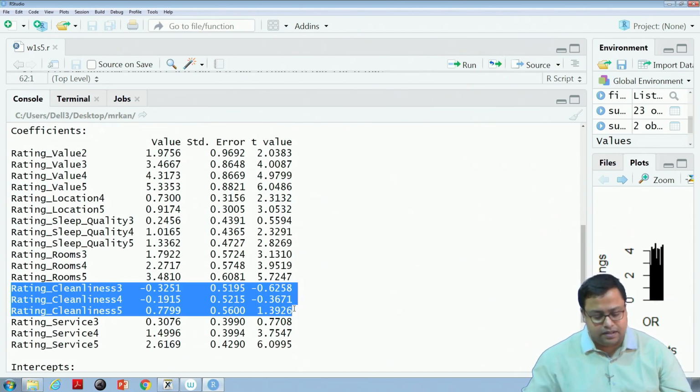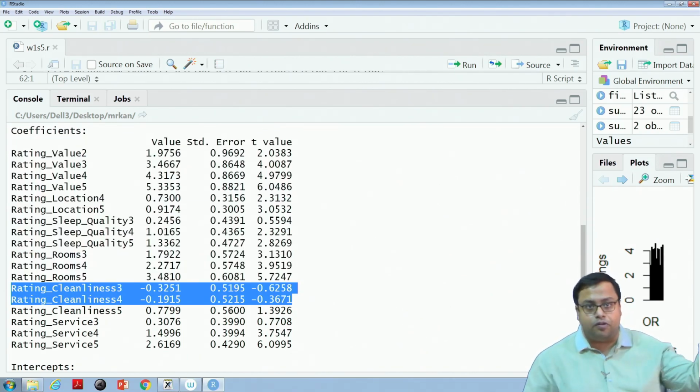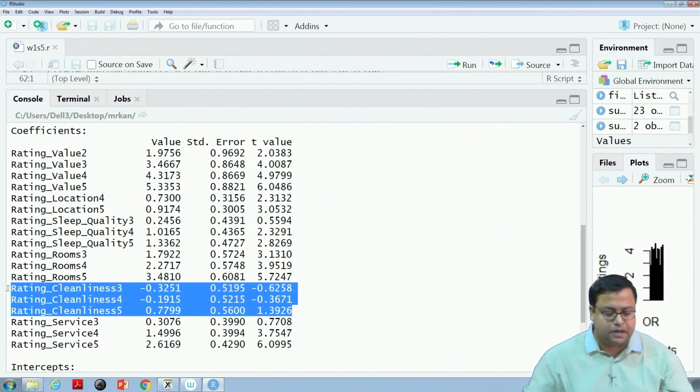So the first 2 results are not meaningful, but only when you make a jump from 2 to 5 there will be some change which is positive, still it is not significant. So cleanliness has no meaning as per this particular result. You do not even focus on cleanliness, whatever happens in cleanliness you do not care.